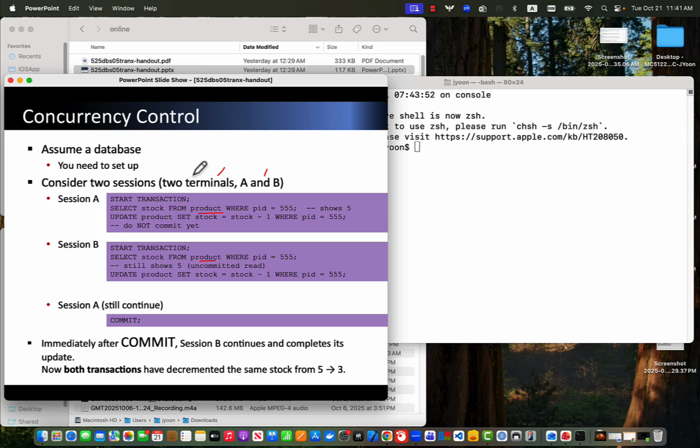We can simulate this by having two different terminals, A and B. So in session A, which is terminal A, we update the products, okay? We subtract the product stock. Session B, for the same products,